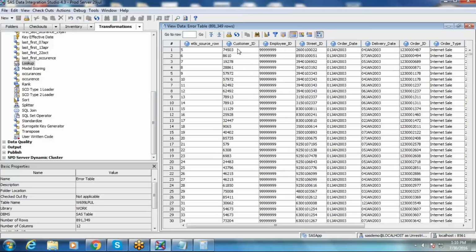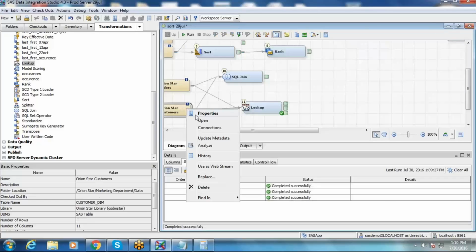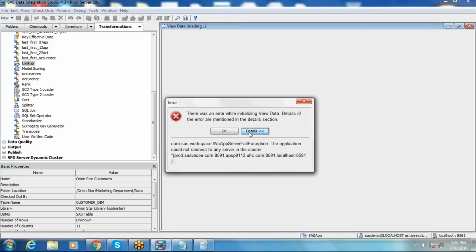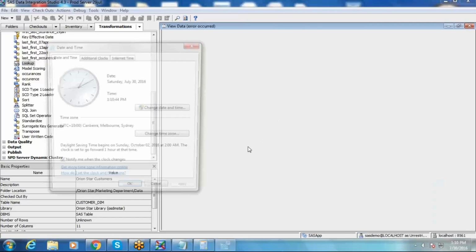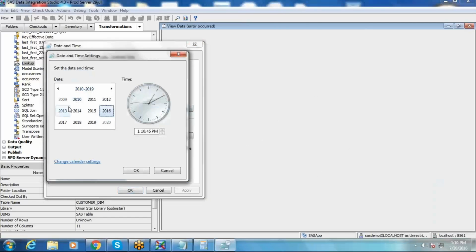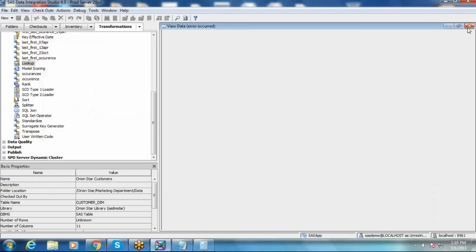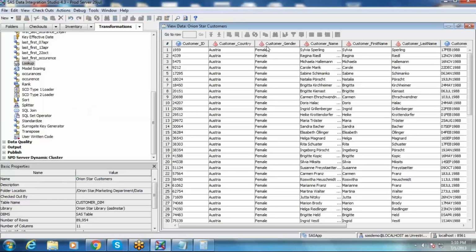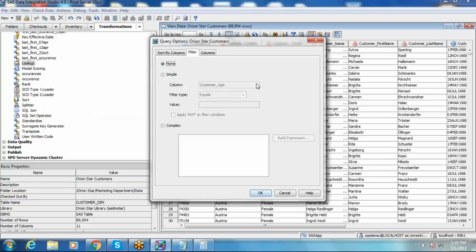If you take 74503 as customer ID and query it inside the customer dimension table, here you just filter based on customer ID.